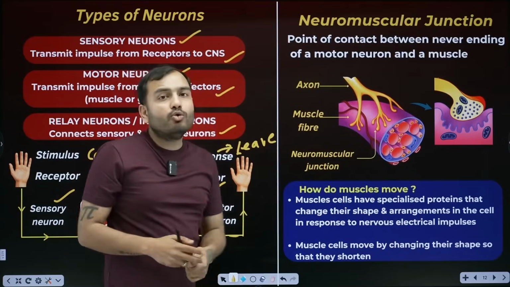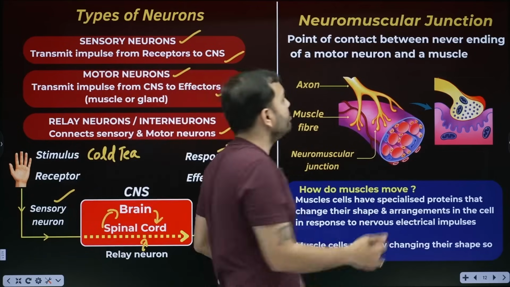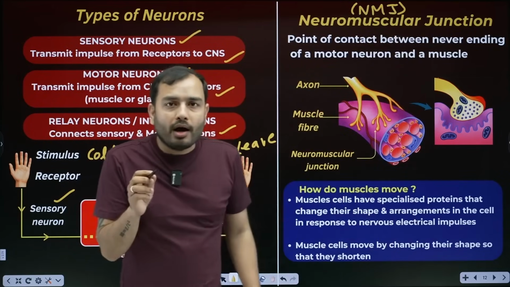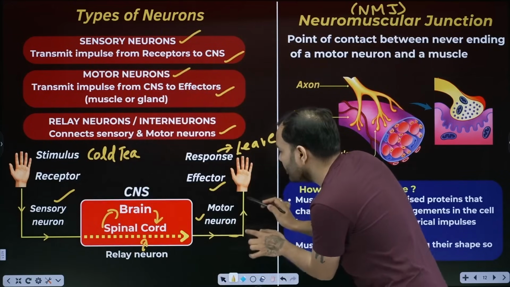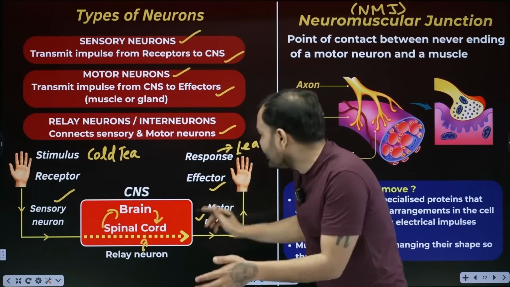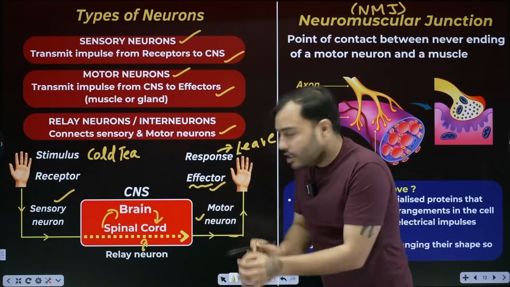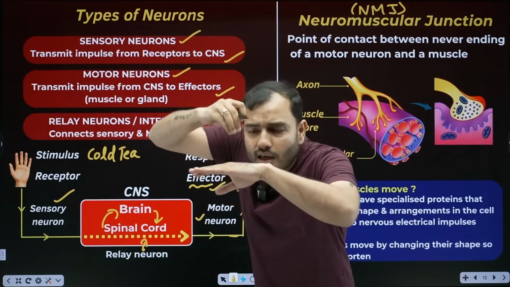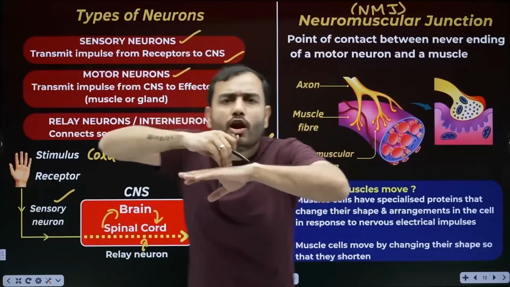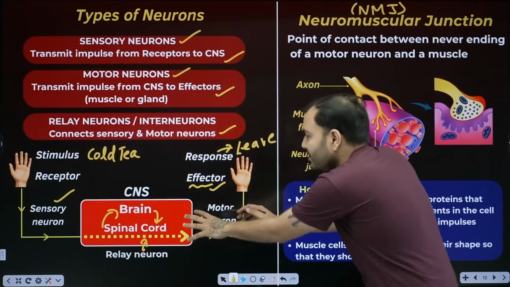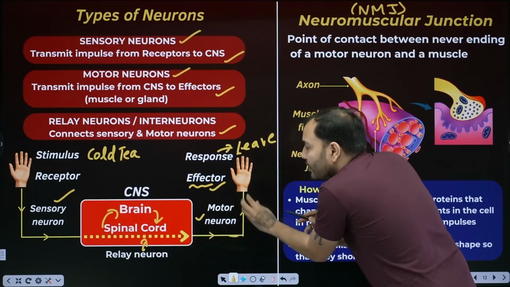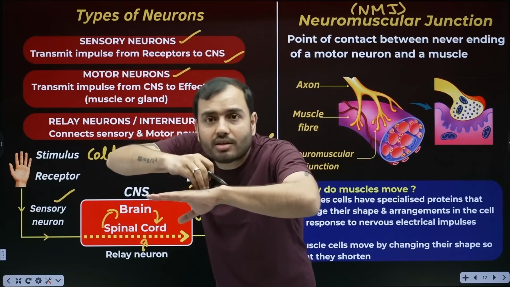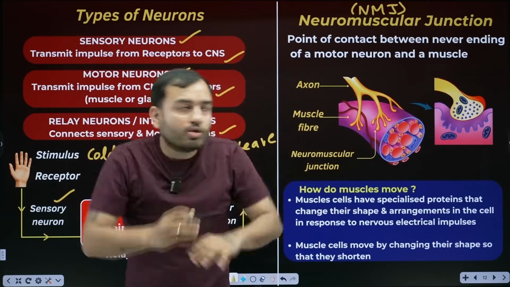Okay. Next is the neuromuscular junction. What is this? Listen carefully. We also call it NMJ. Neuromuscular junction. Now look here where this motor neuron comes and goes to your effector. It's attached to it, and it gives the signal to the effector. This point of contact is called the neuromuscular junction. Are you understanding? What came out of the nervous system? A motor neuron. Where did it go? To the effectors. Here where the motor neuron comes and just touches the effector. Just touches it. This is called the neuromuscular junction.